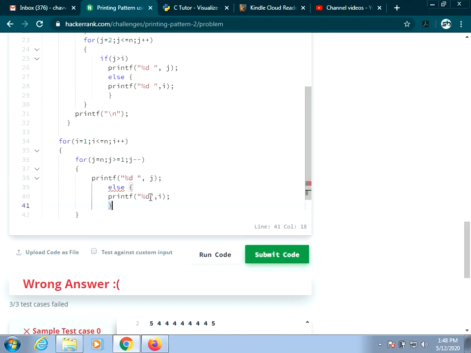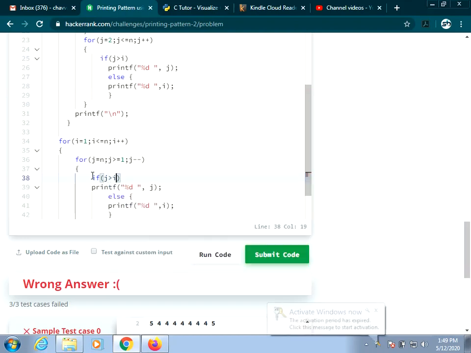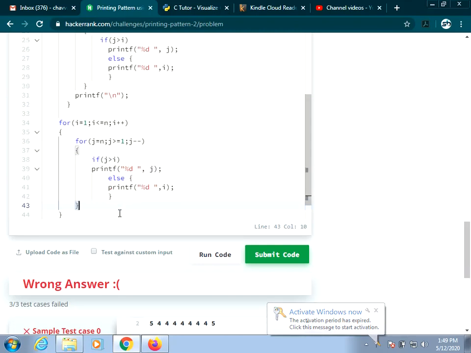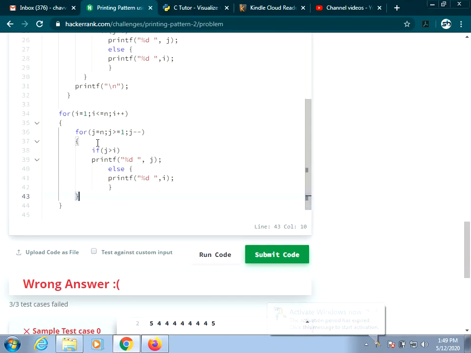Similar thing, given value ij, if j is greater than I, print j, otherwise print I. Copy this one.